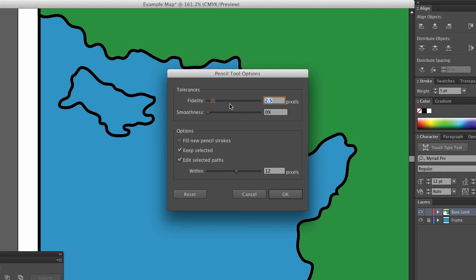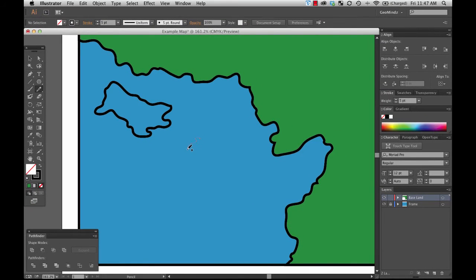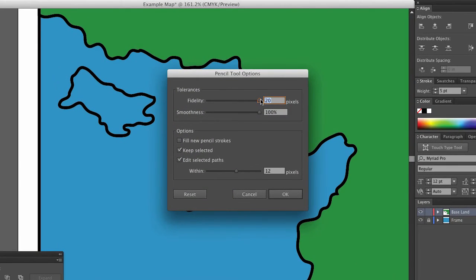So if you need to, you could adjust either of those to get the kind of appearance that you're trying to get with your map. What if I turn fidelity and smoothness really far up, and then I try to come in here and draw this island here? You can see in this case that the shape that was drawn does not closely follow the path that my cursor made when I drew the shape. So I'm going to go back to my original settings